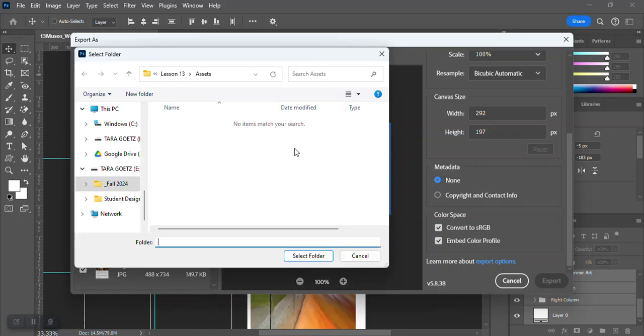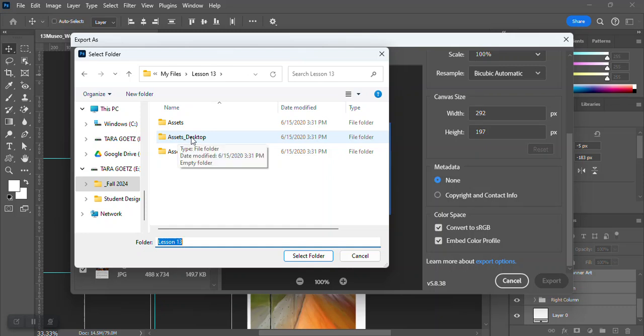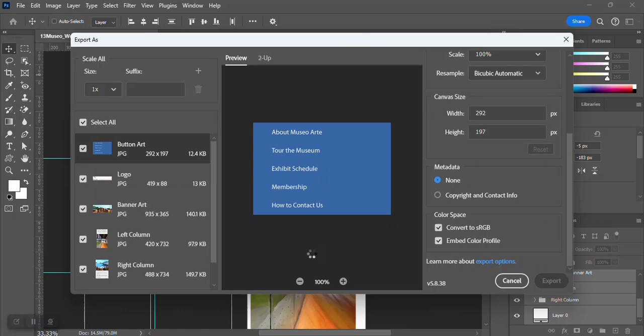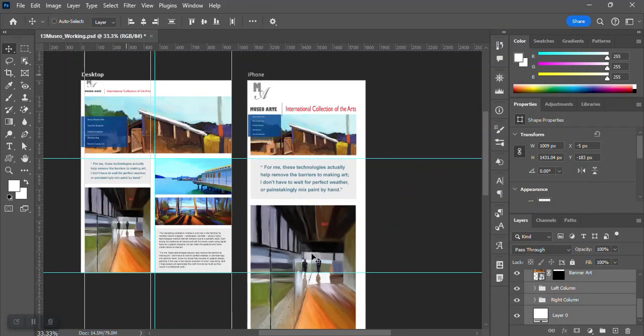Okay, so you want to make sure you navigate to your empty assets underscore desktop folder. And then you're going to select that folder and it's going to place a copy of each of those in that folder for you. And then only one other thing do we need to do. I'm going to collapse the desktop